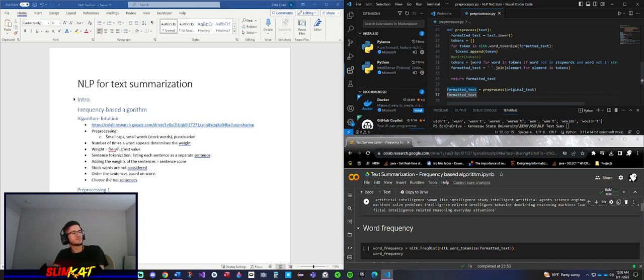nltk.download, and in order to use this word tokenize function, we need to download this package here. So I will create a new cell of code. Let's paste this code here, run again, see that the download is complete. If you see this message true, it means that the download and the